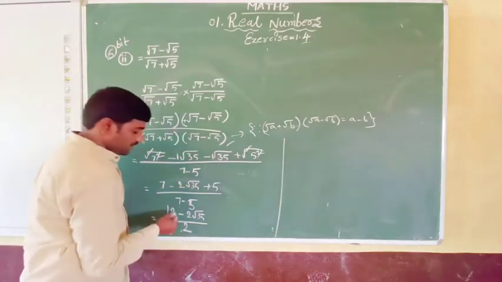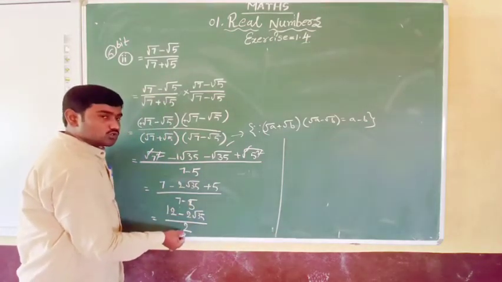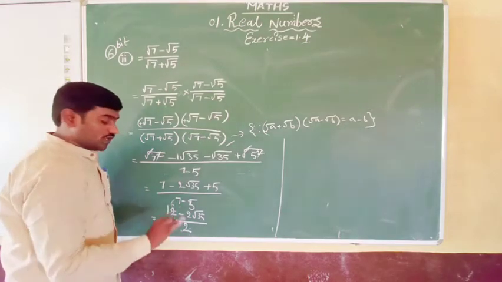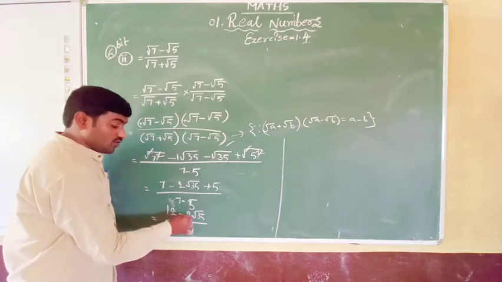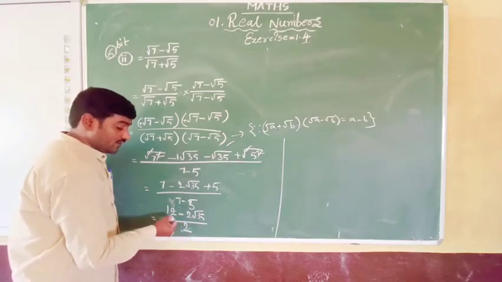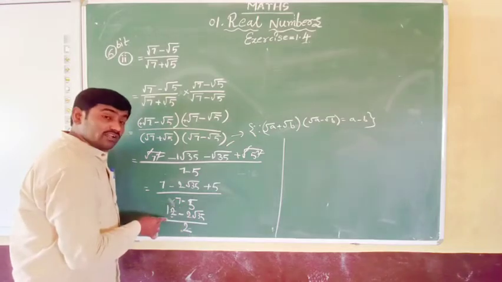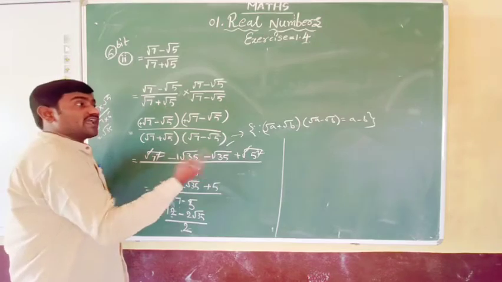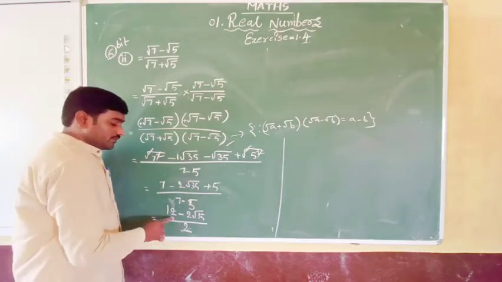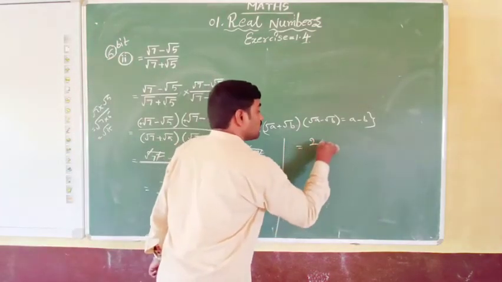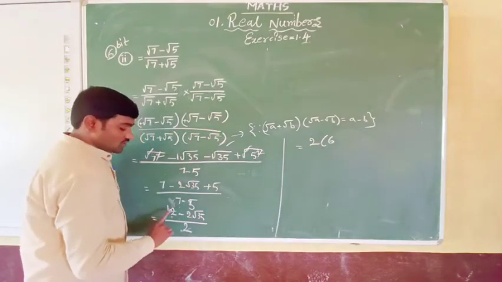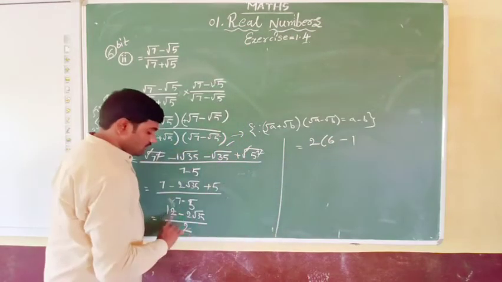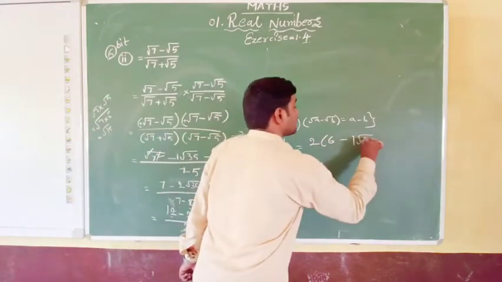Again you see here 12 and 2, and the denominator also 2. So immediately we should get an idea: 2 ones are 2, 2 sixes are 12. You should not cancel, because here 2 is dividing both these terms, and you cannot cancel it against only one term. So in that case what we need to do is take it as a common factor, as I did in the previous problem. This 12 comes in the 2 table 6 times: 2 sixes are 12, minus 2 ones are 2, and root 35.